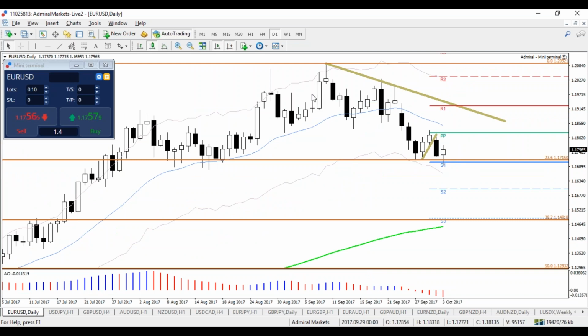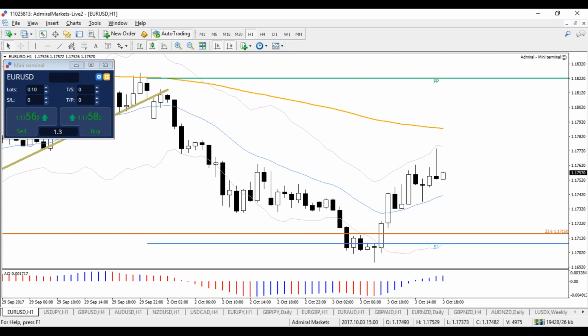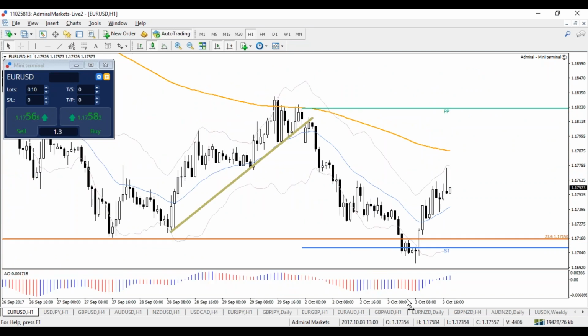But at the moment, it doesn't look like a good breakout continuation as is. So I think that it's still early. It's still too soon to tell. But it's pretty much at a crossroad right now, in fact. Because if we look at the 1 hour chart, just keep in mind the importance of this zone